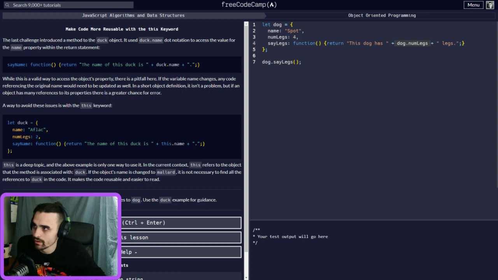Up here in the example where it had dot name, we're actually changing it to this dot name. That way it would always get the name of this object at all times. So you're not explicitly having to call it. You can actually modify it and get what you need to.